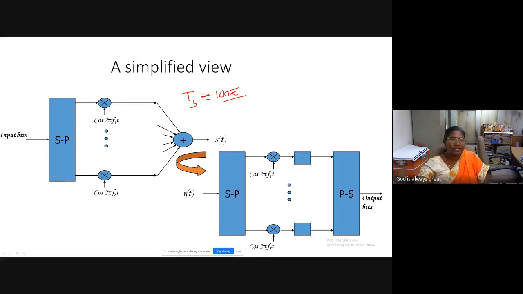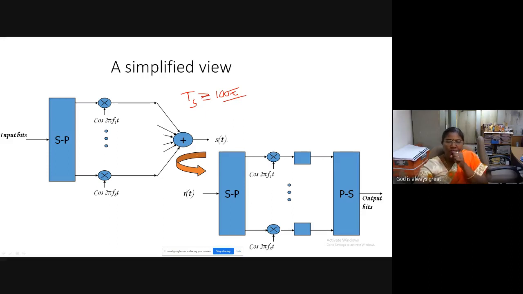So, having converted to parallel streams, to every stream we are going to give orthogonal frequencies, or multiply the bits with frequency cos of 2 pi f1t, second stream cos of 2 pi f2t, third stream cos of 2 pi f3t. What is the relation between f1 to f5? They are integer multiples of each other. Summing up all these 8 parallel signals, you get one OFDM signal S of t.